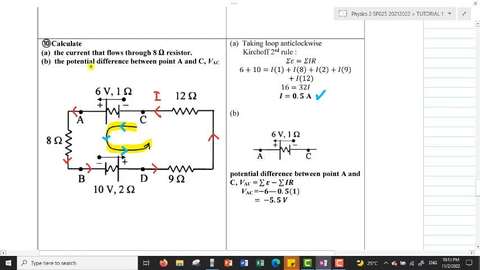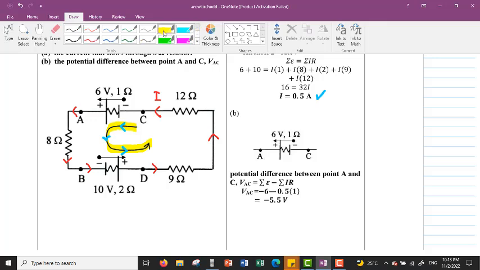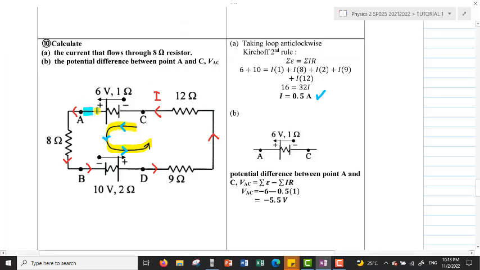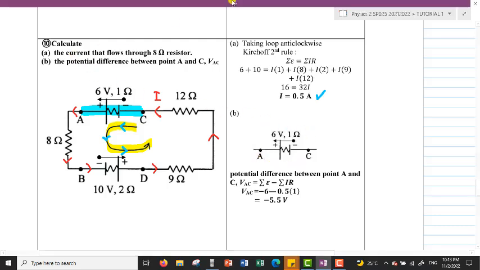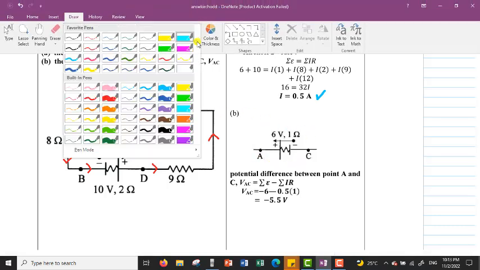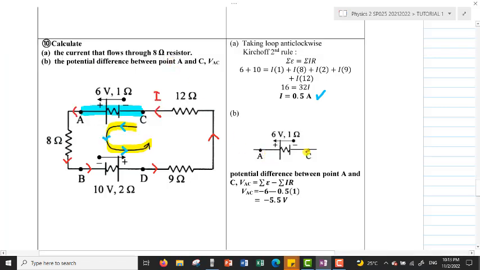Then question B, we want to find the potential difference between point A and C. I highlight it. So we are just going to consider the circuit path in between point A and C. So I redraw the diagram. In order to find the potential difference between point A and C, I'll just consider the circuit path in between point A and C. So I consider this one. So we are going to have 6 volt EMF in between point A and C with internal resistance 1 ohm. And just now we already determined the current. The current that flows is